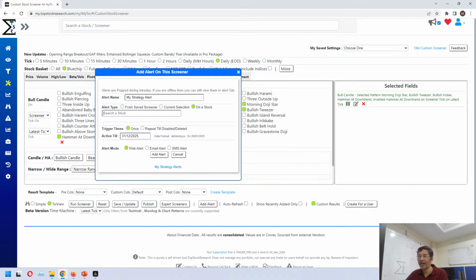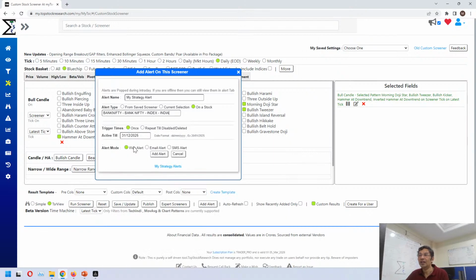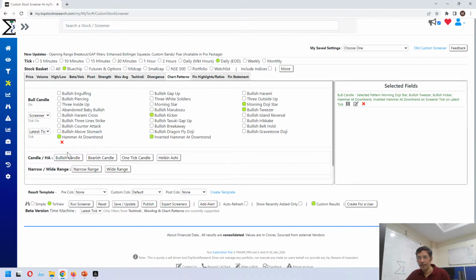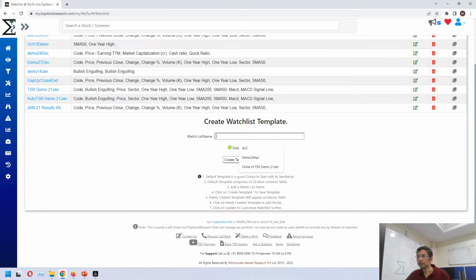For example, you want to add a stock, let's say Bank Nifty, right? So you can set an alert on Bank Nifty also, or on a stock basket, right? So you can set an alert on any of these things. If you want it on a watch list, create a simple watch list. We'll say candle pattern,